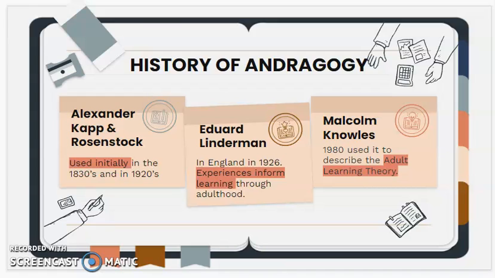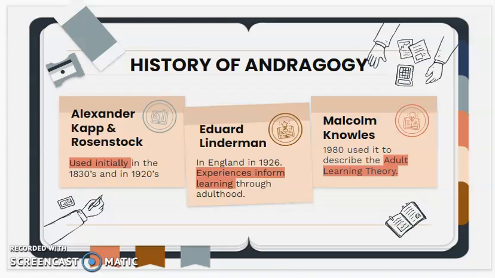Edward Lederman used it in England in 1926 when he emphasized the importance of how our experiences inform our learning through adulthood. However, the term andragogy really became popularized in 1980 when Malcolm Knowles used it to describe his adult learning theory. Over time, Knowles proposed 6 assumptions of adult learners, 4 initially and 2 added later. Throughout this training, we will be focusing on 5 of the 6 to best support adult learner populations within the